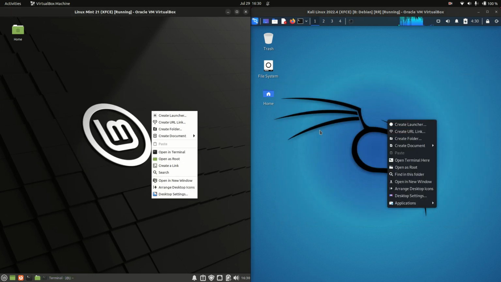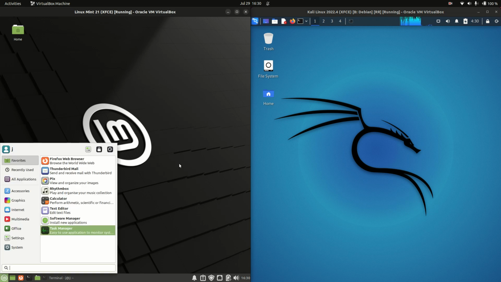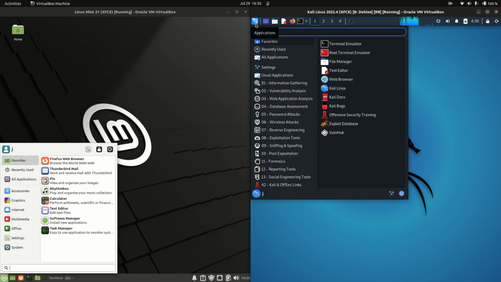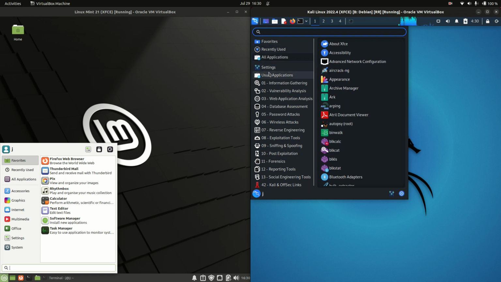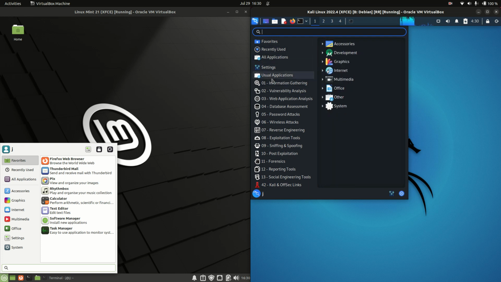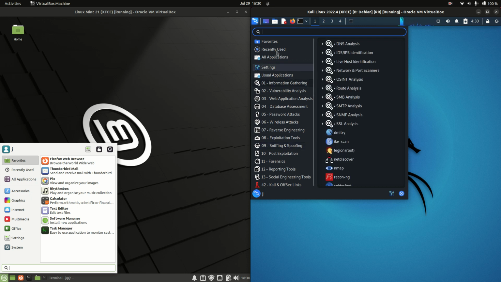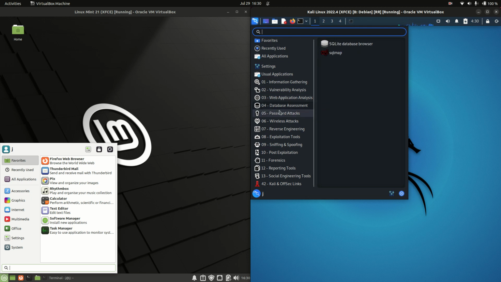Now starting off, they are a little bit different the way that they choose to work. We've got our applications menu for each of them there. You've got a lot of apps here, probably not a fair comparison. Kali Linux is actually more designed as an information gathering and vulnerability assessment and sort of an exploitation and sniffing and spoofing tool. It's got everything there that most people will want. And it's got this nice cool dark mode there, and you've got a lot of